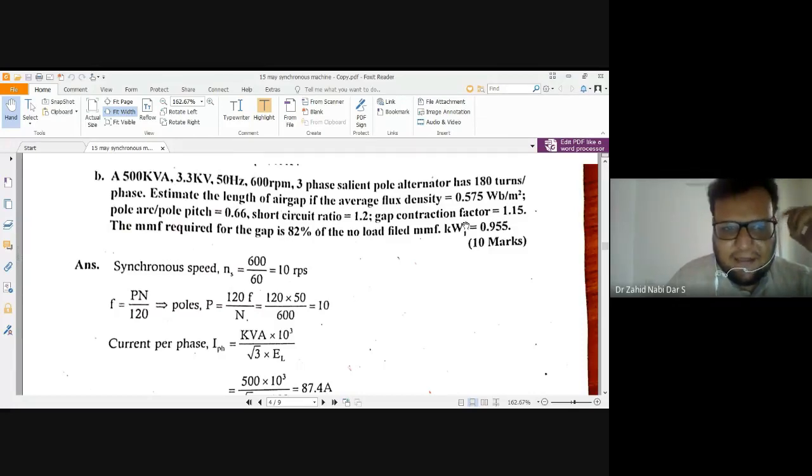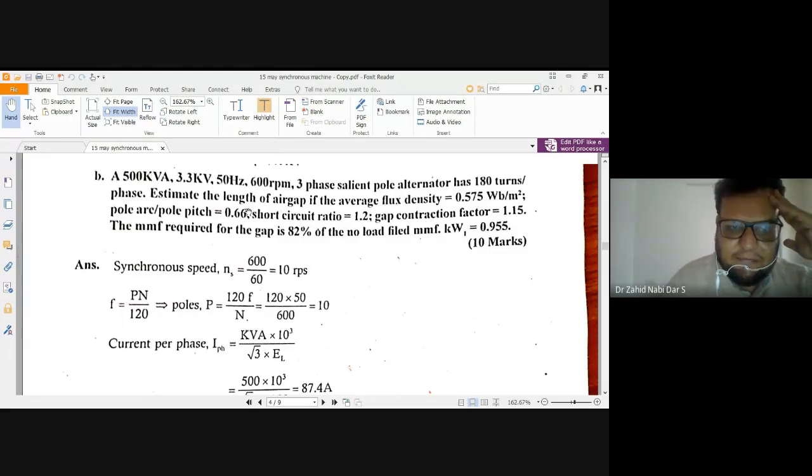500 kVA. So Q is equal to 500 kVA, that we know. 3.3 kV. The moment we see 3.3 kV, we need to see whether it's star or delta, whatever has been mentioned. If nothing is mentioned, we'll assume it as star and divide by root 3, because usually all the machines are connected in star. If delta is mentioned, then we have to take this value only. Okay, that is the standard procedure. Now we know the value of S or Q is 500 kVA. So 500 kVA would be equal to root 3 V line into I line cos phi.